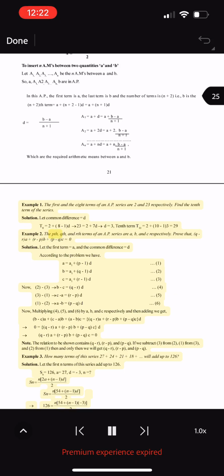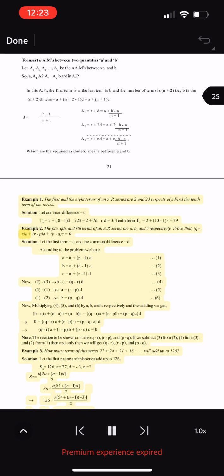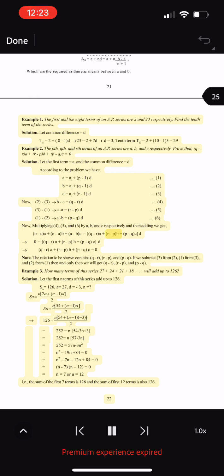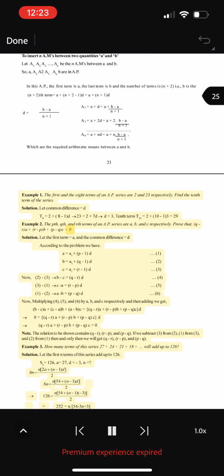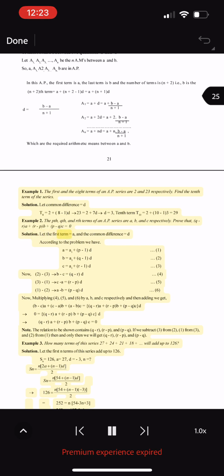Example 2. The pth, qth, and rth terms of an AP series are a, b, and c respectively. Prove that (q - r)a + (r - p)b + (p - q)c equals 0. Solution. Let the first term equals A, and the common